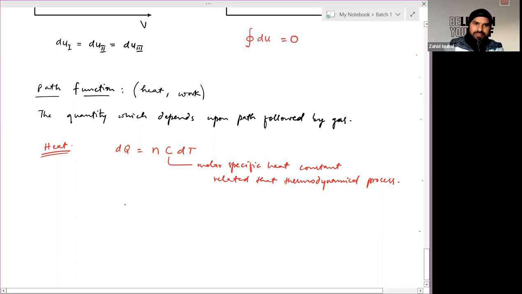Sign convention related to this part is: if heat is supplied to the system, then it will be taken as positive. If heat is being ejected out,